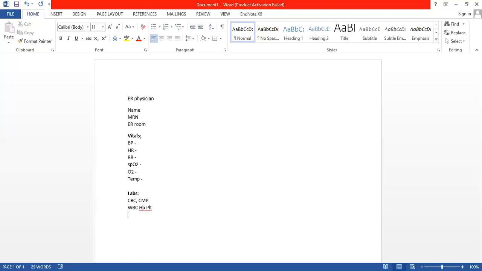And then in the CMP, obviously you look at the electrolytes, what their sodium levels are, what their potassium levels are, what their bicarb is. Bicarb is a really good indicator: if the bicarb is low, you're thinking of lactic acidosis, hypoperfusion. People don't give bicarb the importance that it has. And then I look at the creatinine and the BUN, which is a marker of whether they have an AKI or not. AKI is acute kidney injury. So BUN and creatinine,